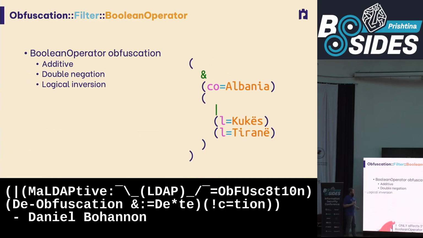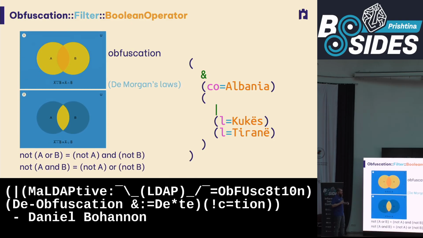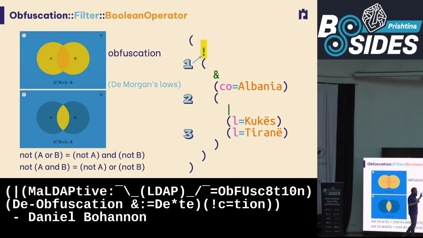So, in review, the Boolean operator has additive qualities, double negation, and logical inversion. The logical inversion, for any math nerds, is called De Morgan's law. If you not (A or B), it's the same as not A and not B. And so what we can do here is, if we start with the same exact query, what if we added a not at the very beginning? If we add a not there,